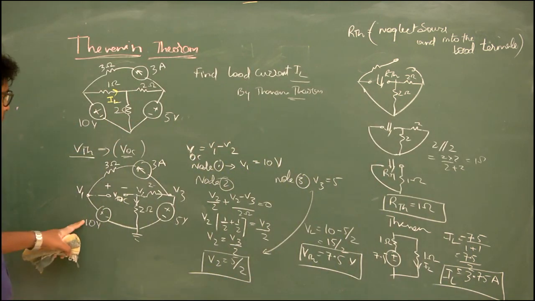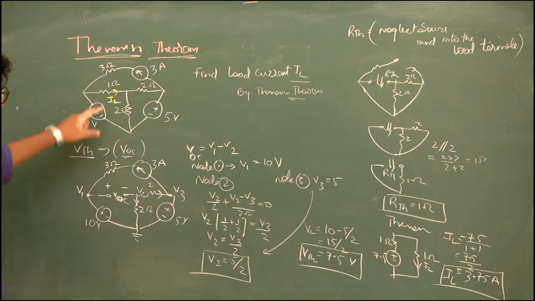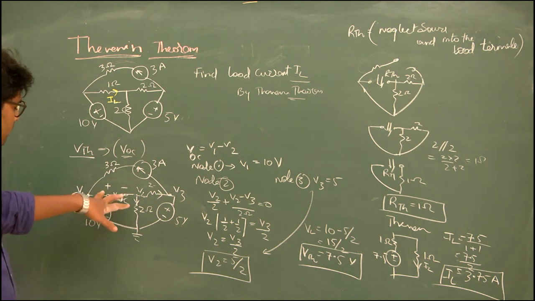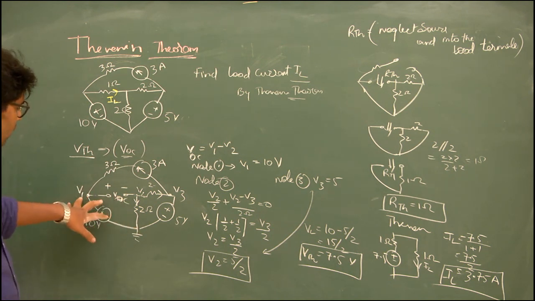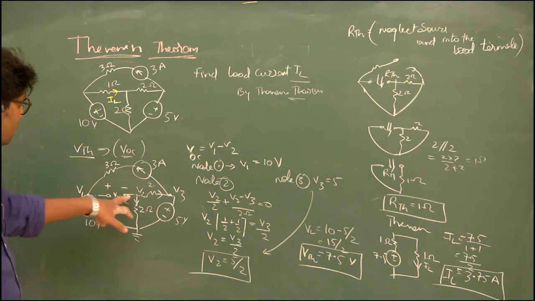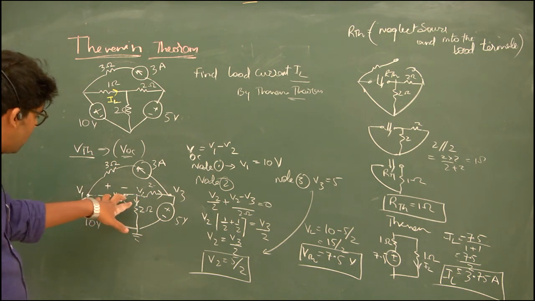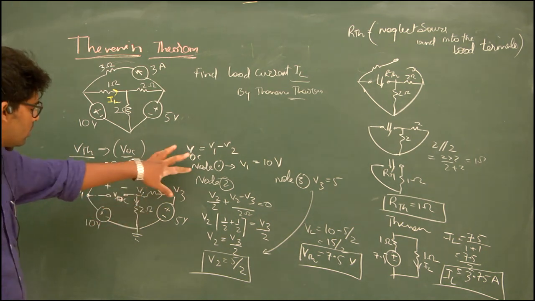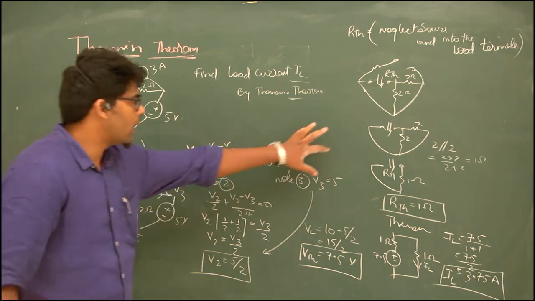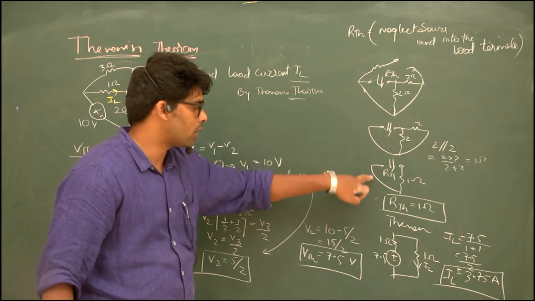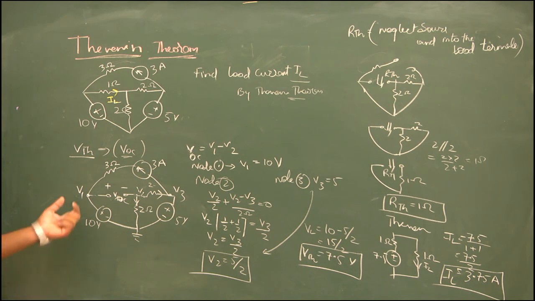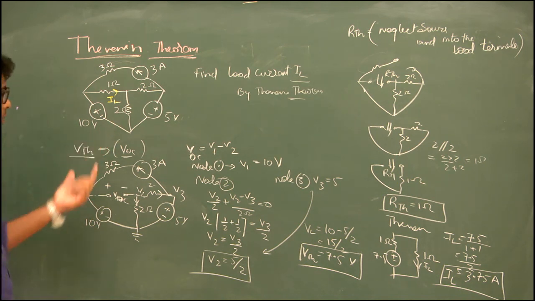So this is IL by the Thevenin equivalent circuit. You think that this is a complicated circuit, but it's not complicated. If you follow the rules, you can simply do that. Knowing that VOC equal to V1 minus V2, what is that? VOC means open terminal voltage, so it is the potential between V1 minus V2. Simply by node analysis we did that, and here also we reduced the circuit in this form. This is a Thevenin equivalent of category 1, solving this equation.